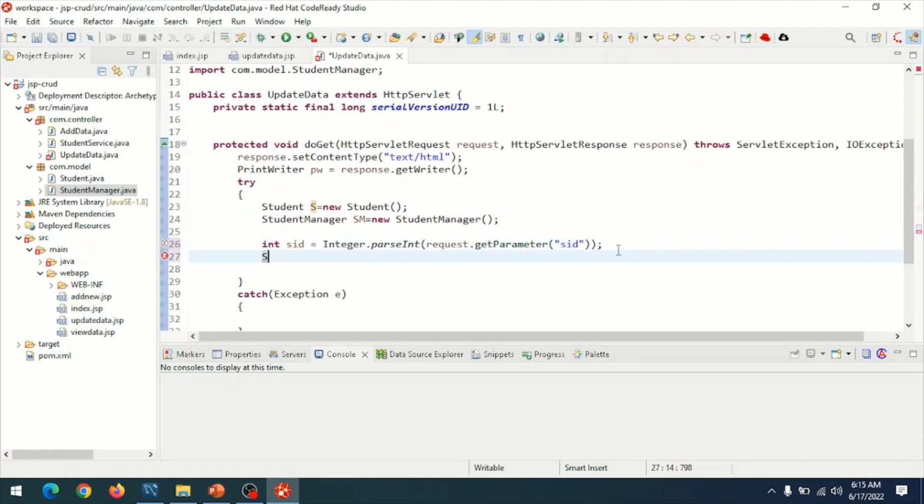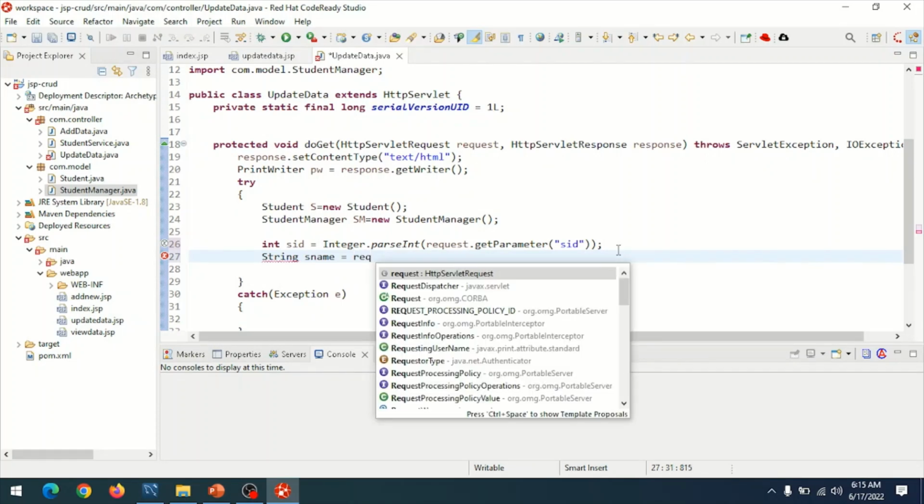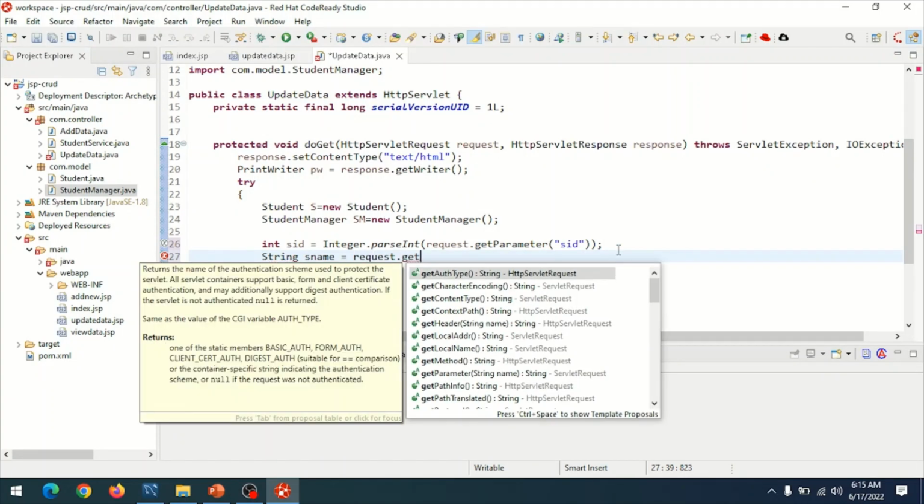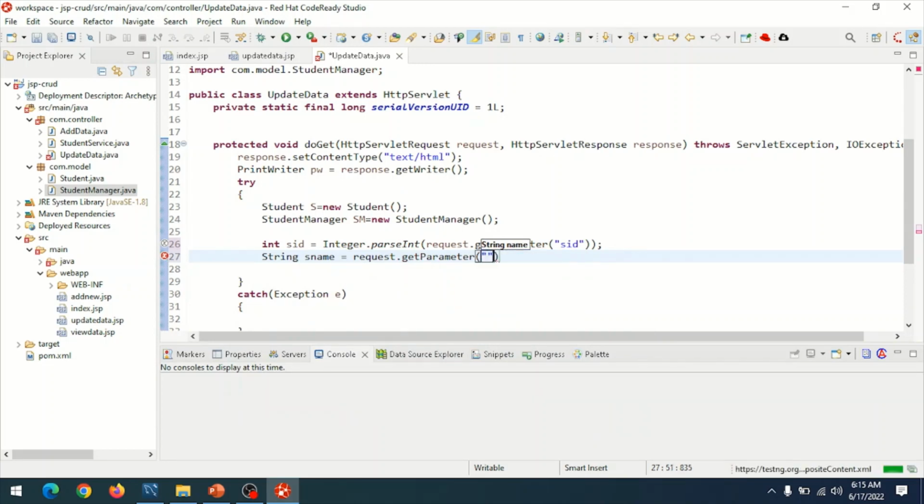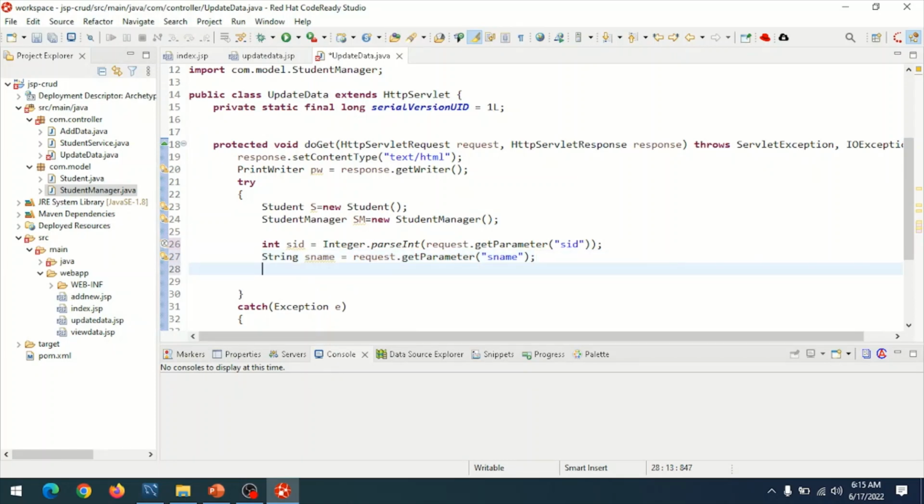and process another input string SName, that means student name. It is from the request parameter dot get parameter method. The control name SName. So no need to convert. By default, the name field set as a varchar. So the request.get parameter returns the value in the form of string that will be assigned to the temporary variable